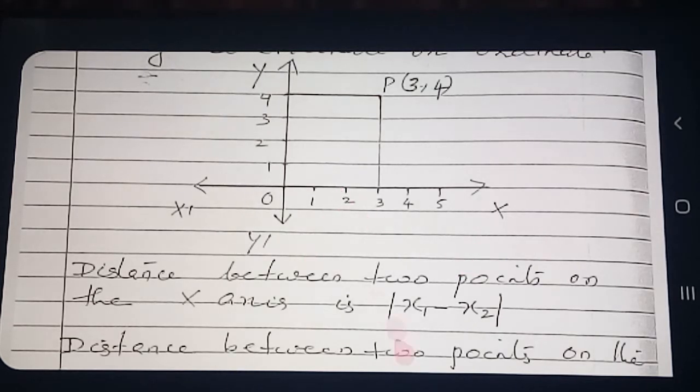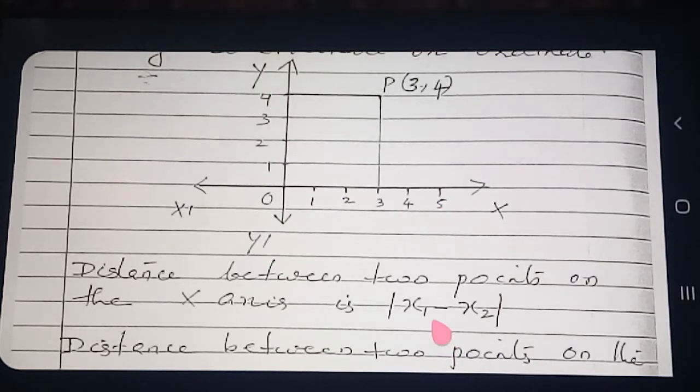Okay? And here, the distance between 2 points on the x-axis is modulus of x1 minus x2. We can see it from the diagram. See here, this point, what is the number corresponding to this point? 1, no. What is the number corresponding to this point? 5. So this is x1 and this is x2. So this is the distance between them. We are able to find it out. How? See how many units here: 1 unit, 2 units, 3 units, 4 units. So what is the distance between these 2 points? 4 units. But you can apply the formula also.